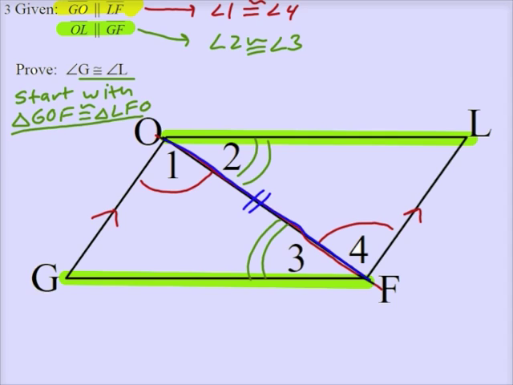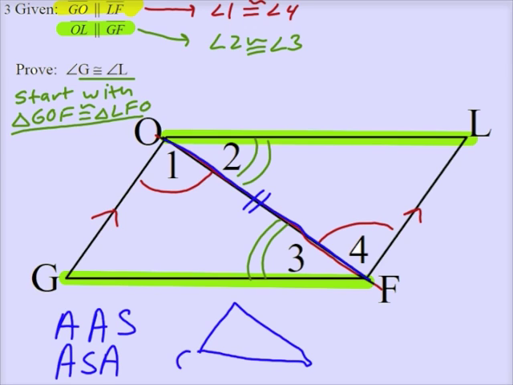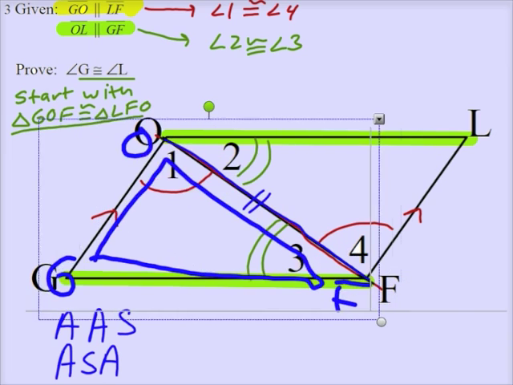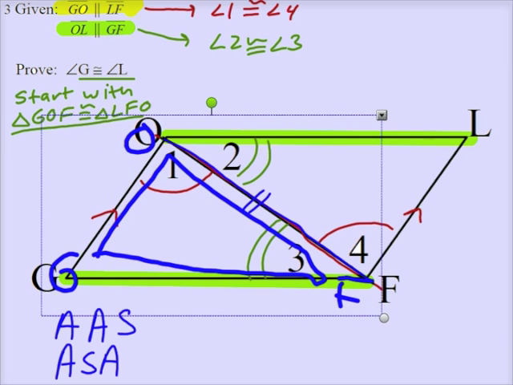And since we have two pairs of angles, we can either use AAS or ASA. But which one is right for us? Well, we've got to think about the included side. If you just consider triangle GOF, I'll just recreate it down here, GOF. So that's this triangle in here. So if we just look at that triangle,